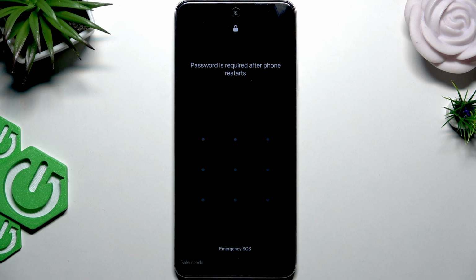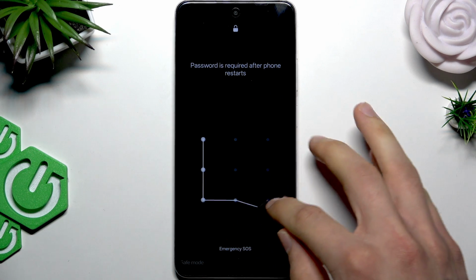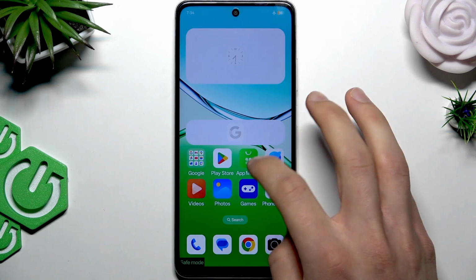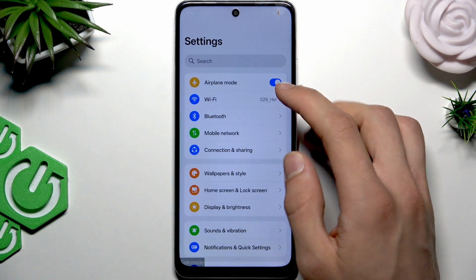And right now you can try and use the pattern again, and if it works this time, then in such case go to settings,